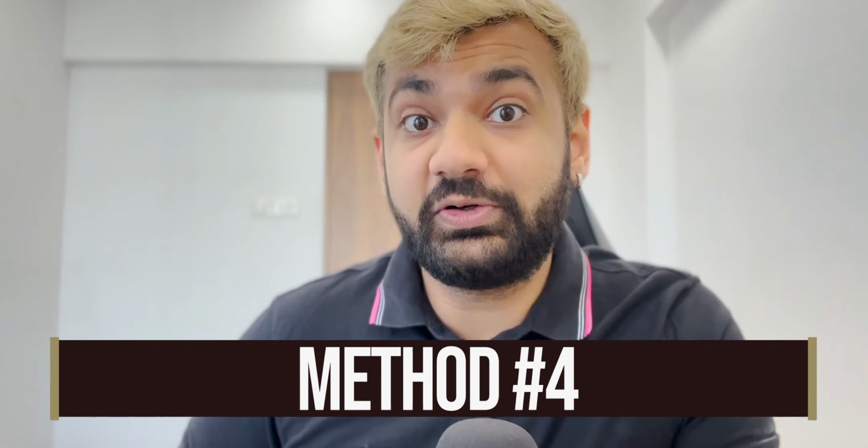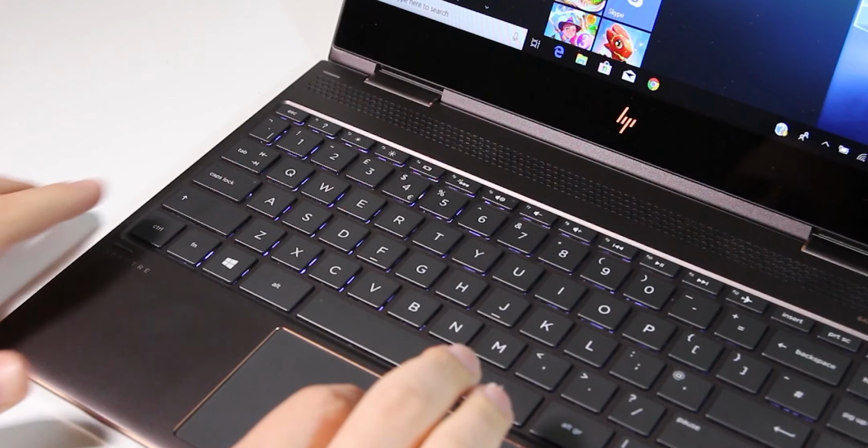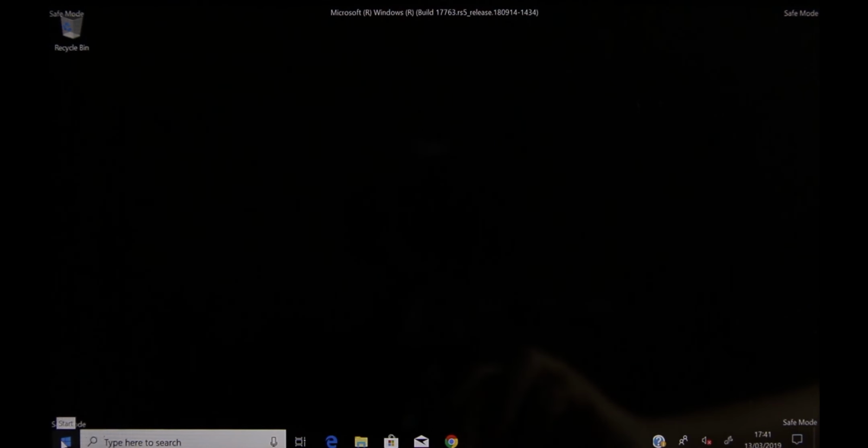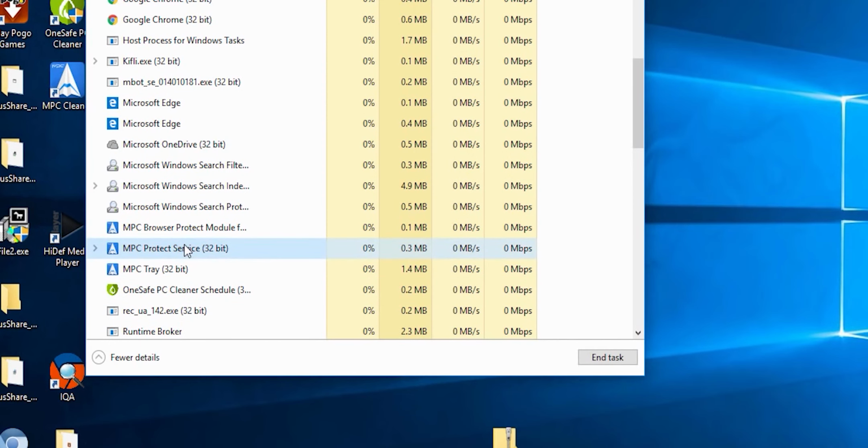Lastly, if this method also does not work, that means that this malware is pretty deep-rooted in your system and this is the last failsafe that you should try. Okay, so open your system in safe mode. Press the Ctrl+Shift+Escape keys, try finding the process of MPC wherever its name is located and try to terminate it forcefully by clicking on